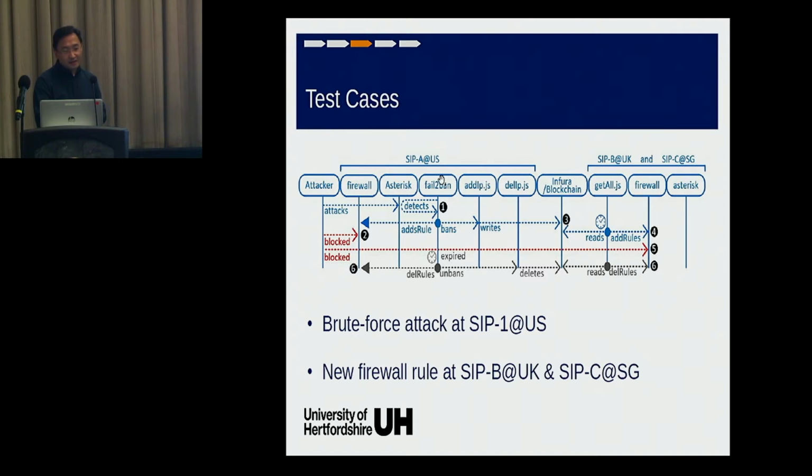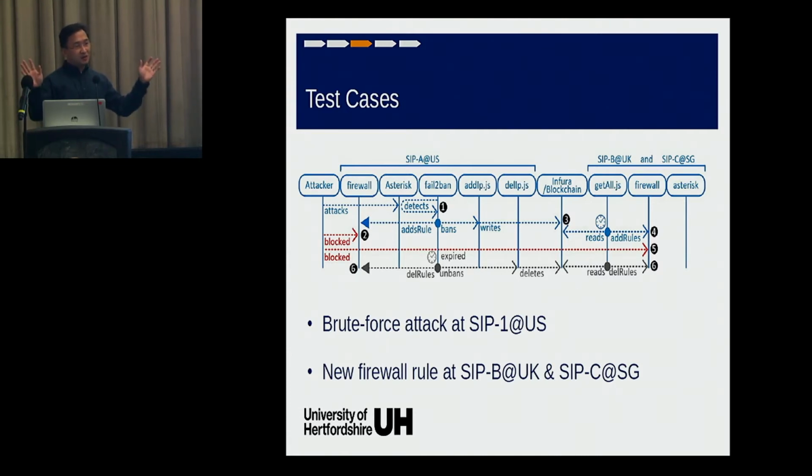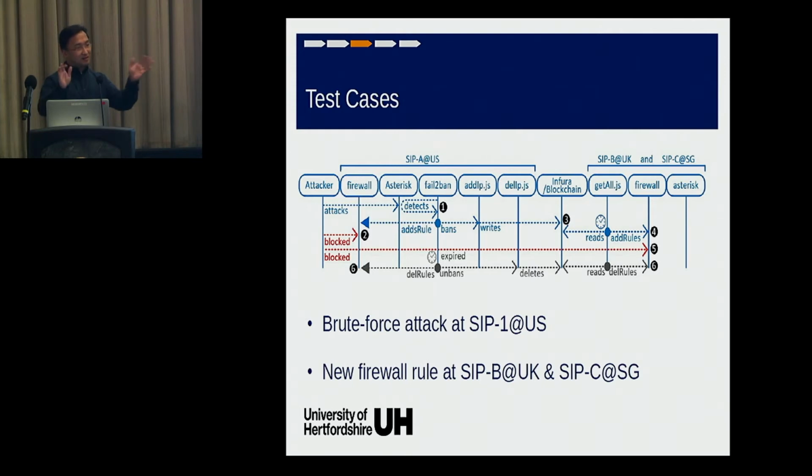And then fail2ban also maintains the expiry. So let's say after 10 minutes, after 15 minutes, or 60 minutes, when it's expired, it will delete the rules from the firewall. And the same thing happens over here. It will delete the rules from the blockchain. Say, hey, we've blocked this for 1 hour. That's enough. Let's take it off for now. And if it's attacking again, let's put it back on, basically. So this is dynamically maintained. It can grow and expand and shrink, right?